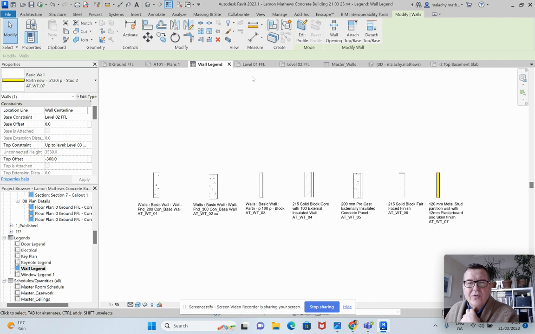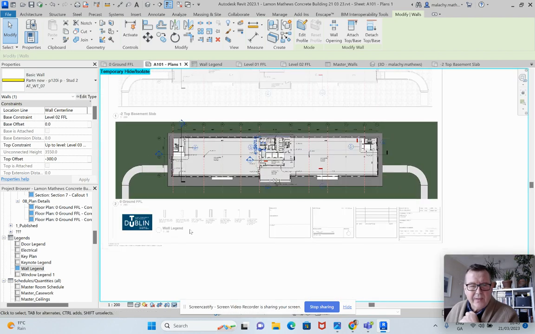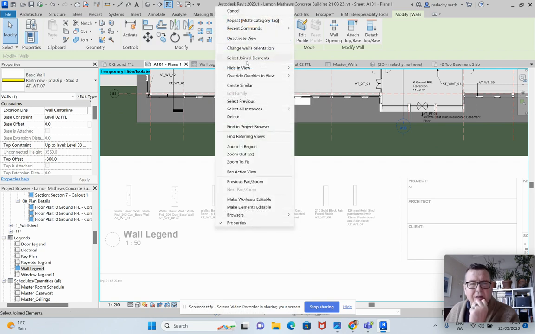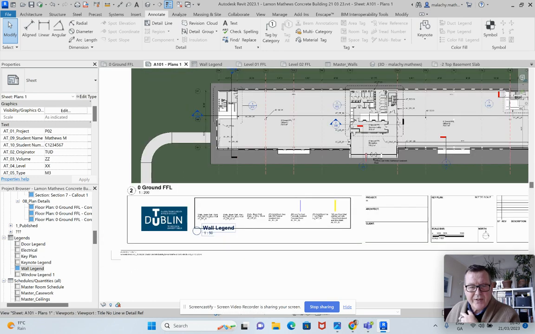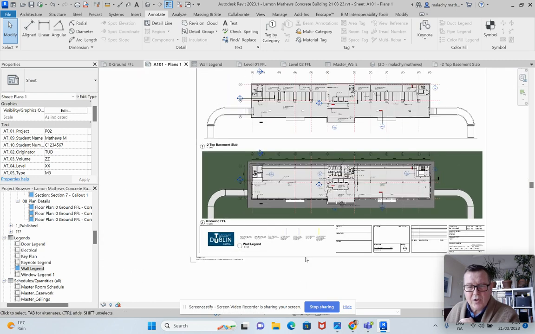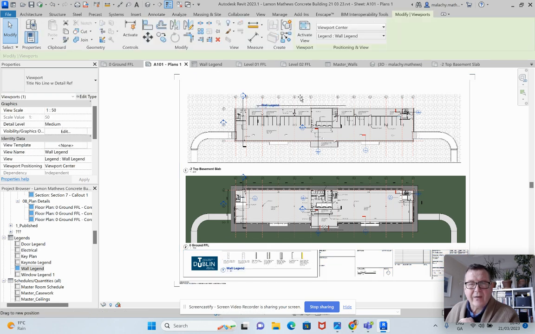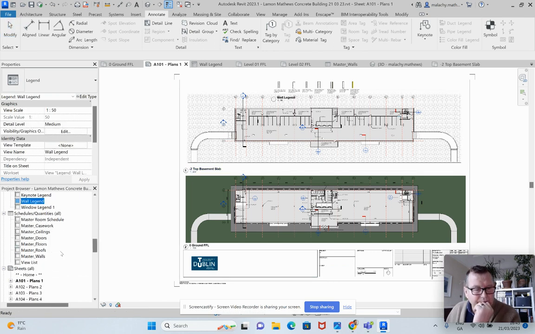All right. So if I go to my sheets here, that's kind of how things are looking there at the moment. Okay. There's my legend down there. Just deactivate a view here. And so that's not bad. I probably have another 4 or 5 wall types, so I might even take that and I can do that. I can just select it, and if it's easier to display up there, then I can display it something like that. All right. And then if I go into my door schedule here,